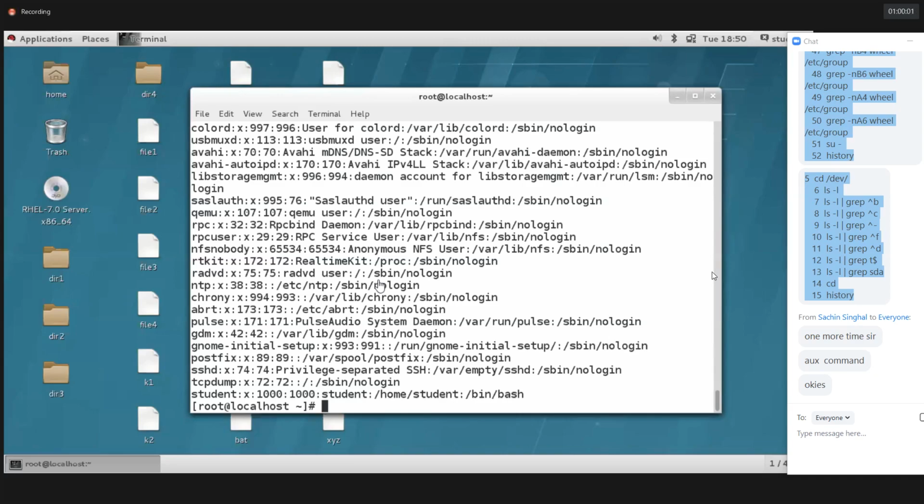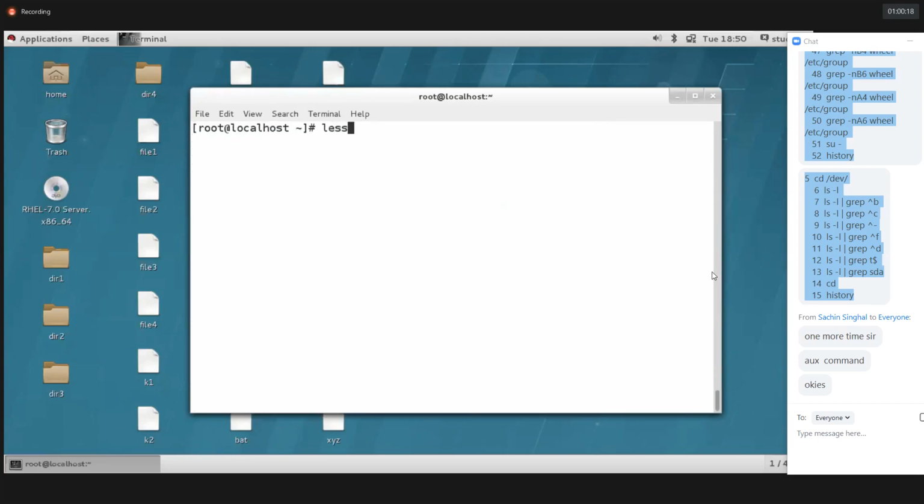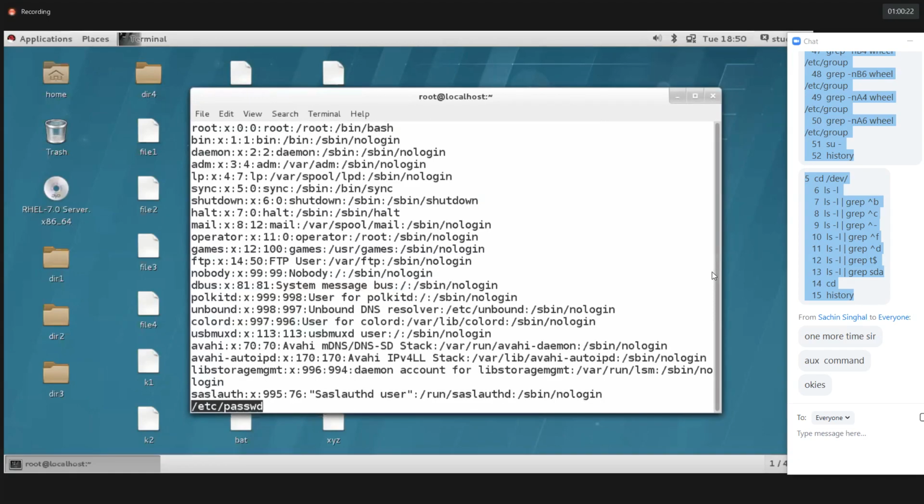But my intention is I need to navigate the file content. I need to verify a few lines, including the lines belonging to the start of the page. How do we navigate the file? We'll see now, using the less command. Instead of cat, you can use less. Then /etc/passwd is the file, and hit enter. See guys here, this is the starting line. We'll have the root entry and so on.